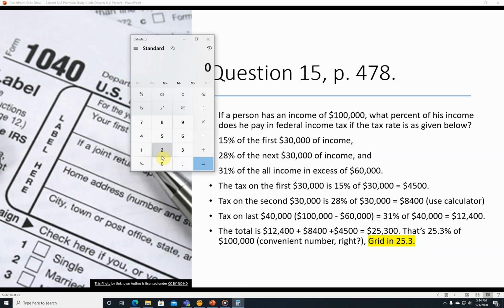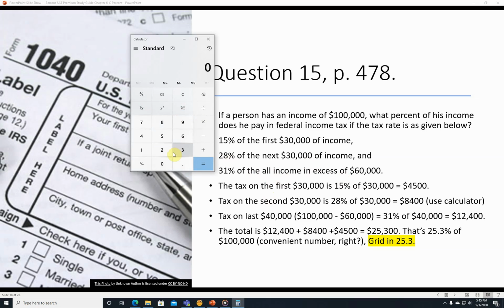Okay, 28% of $30,000. Let's just use the calculator. So you're just going to go $30,000 times 28%. Boom. So that's $8,400. Okay, so then what we have next is we have